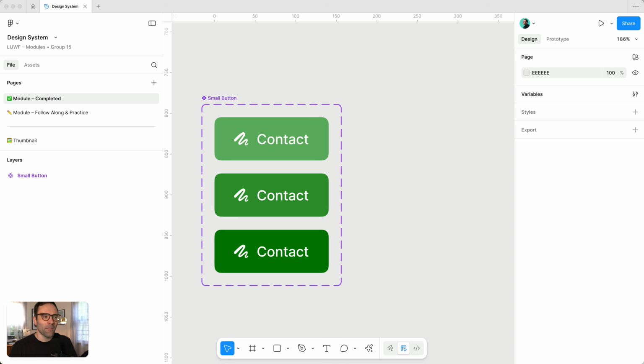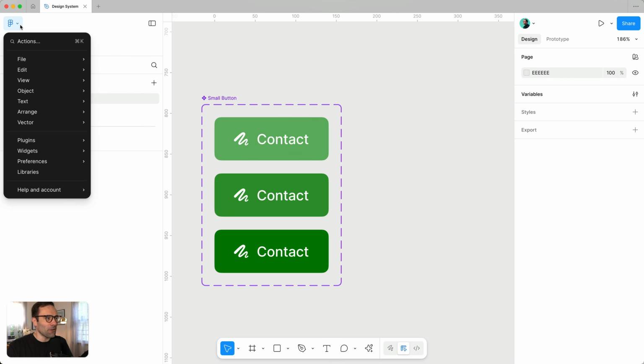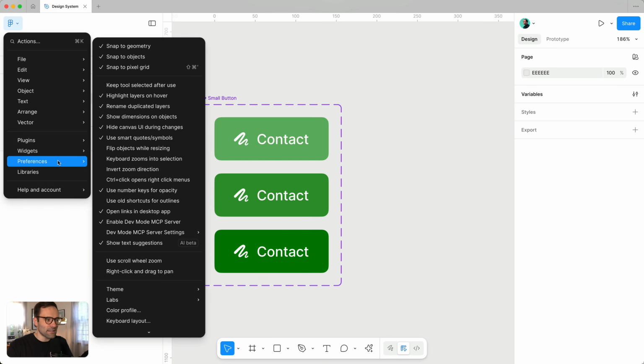So let's hop in. All right, here in Figma, the very first thing to do to enable the Figma Dev Mode MCP server is to go up here in the menu, and you'll have access to this as long as you have a paid editor account in Figma that also has Dev Mode. Now, if we go to this menu here and go to Preferences, just towards the bottom here, you'll see Enable